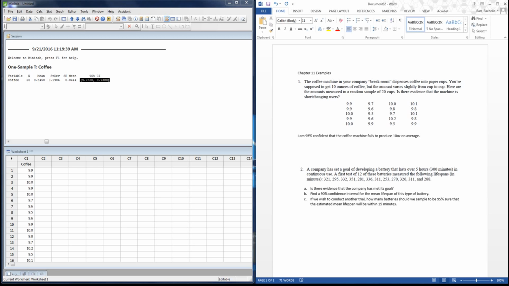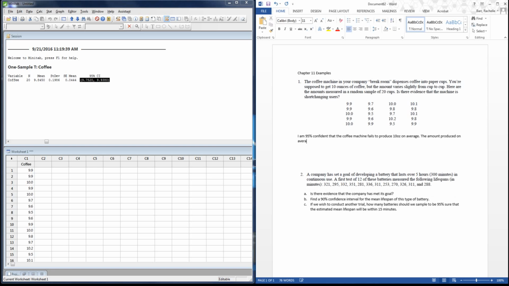And I'm going to say more than that. I would say the amount produced on average is actually between 9.75 ounces, that's a 0, not an O, and